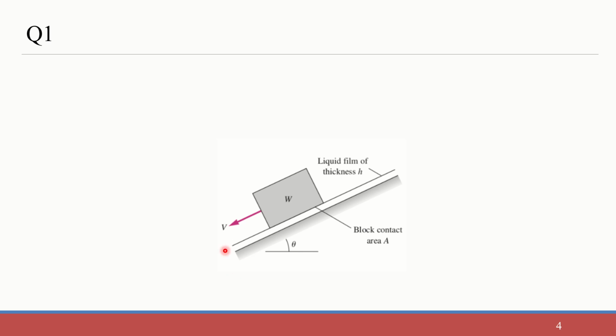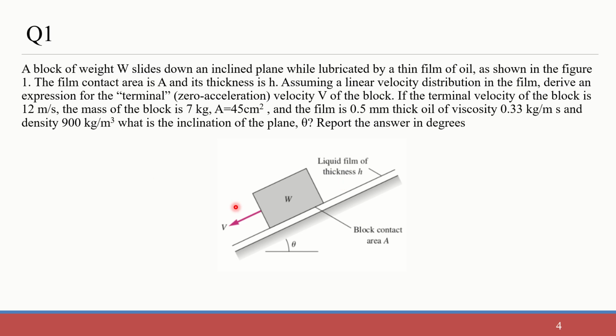The first one is a problem where we have this particular figure for reference. As we are able to see, there is a block which is moving along an inclined plane. The plane is making an angle theta, and the block is moving with velocity v, the contact area is A, and the liquid film has thickness h. Now when we see the statement, what we have is